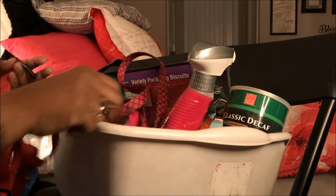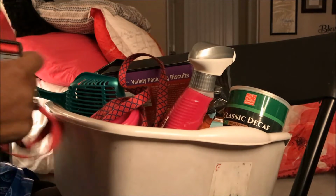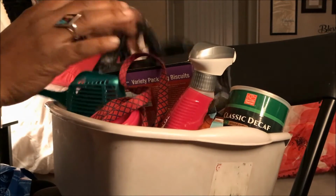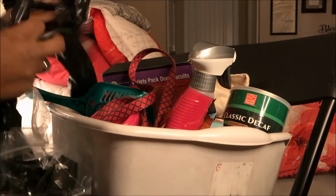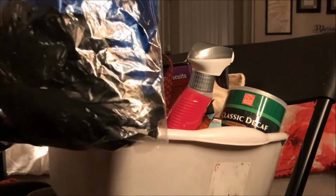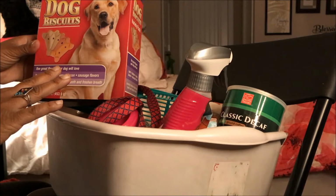I just bought her a new leash. We've been using the puppy harness, which, if we could keep the kids keeping it clipped so it doesn't get lost or the pieces fall out, that would be helpful. Y'all pray for us. But in here we've got pooper scoop bags. Gracie has gotten into the bags and unraveled everything, so I have put them in a Ziploc bag to keep them together. I bought her some puppy treats, and we're trying not to give her way too much because we don't want her to get